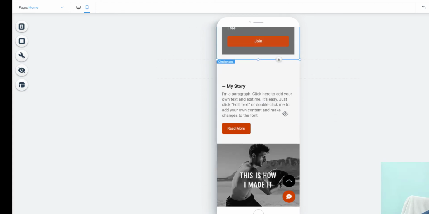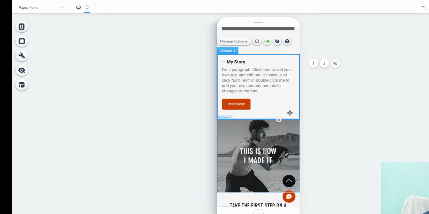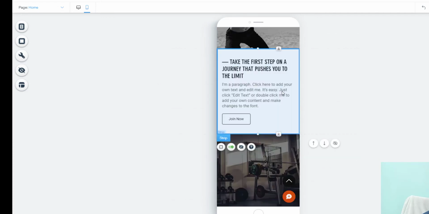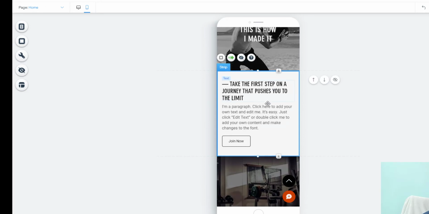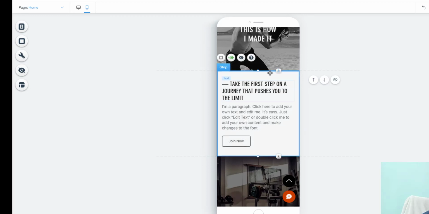Yeah, like if you want to change the size of your column or your strip, then you can easily do that from here. Okay, let's suppose you have chosen the complete strip now. This is the text element column. This is the paragraph and this is the button, but all these three, image and text, paragraph and button, are under the strip. And if you want to change the size of a strip, then you can easily do that from here. With this you can change the width and the height of your strip.